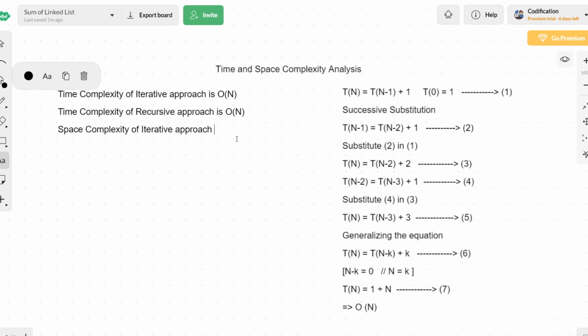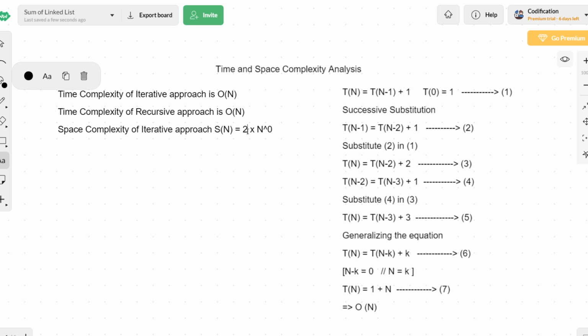So the space equation is equal to 2 units of space. This equation can be rewritten as 2 multiplied by n power 0. Introducing n power 0 is to say that this is a polynomial equation. It will not change the value because anything power 0 is 1. So again 2 multiplied by 1 is 2.